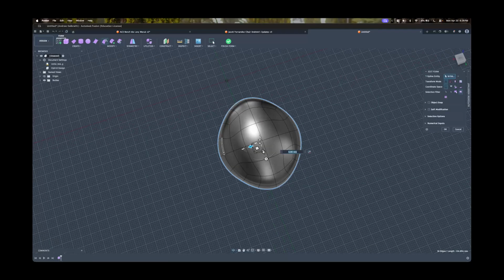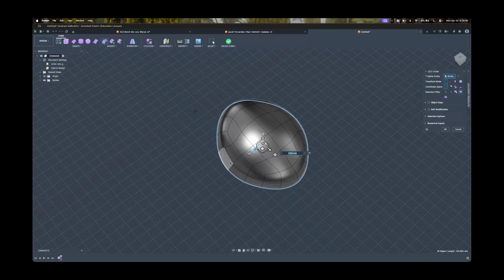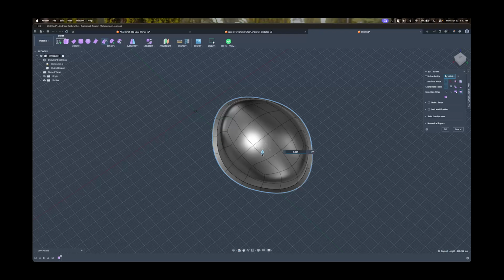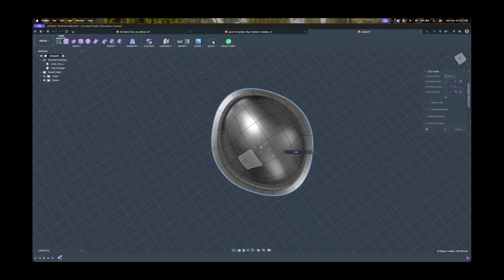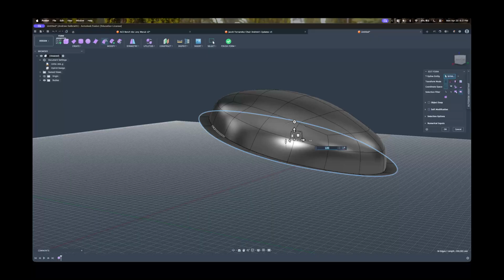So I have one of these bulbous windows. What I'm going to do is double click the edge to loop select it. And then if I hold Command and Option and drag out on this scale corner here, if you're on a Windows machine, it would be Control Option, I believe, or Control Alt. I actually don't remember off the top of my head. But basically, I'm on Mac. I'm on Mac as well. Perfect. So yeah, Command Option,